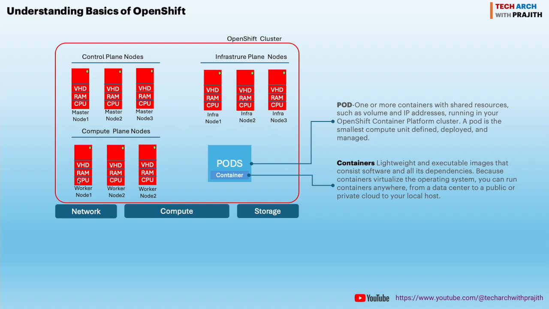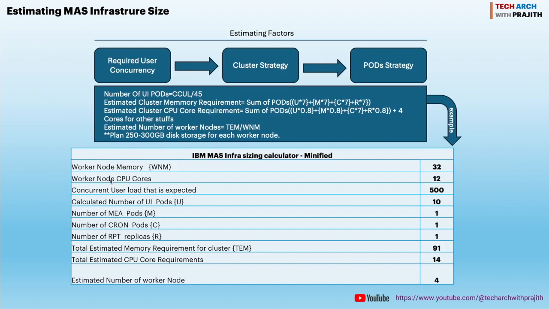But typically a pod doesn't require that much resources. It may be half of a core or maybe 2 to 3 GB of RAM per pod, but it depends, right? If it is idle, you may see that it's not even using any CPU. But if the container is heavily processing something, you will see a spike in the CPU usage. So when you estimate the OpenShift cluster sizing, you are actually estimating the number of worker nodes, right? Depending upon the RAM and CPU, we need to do a calculation where you try to understand how many pods you can fit